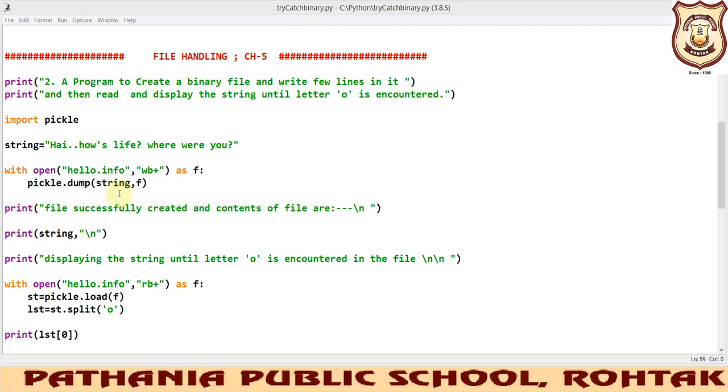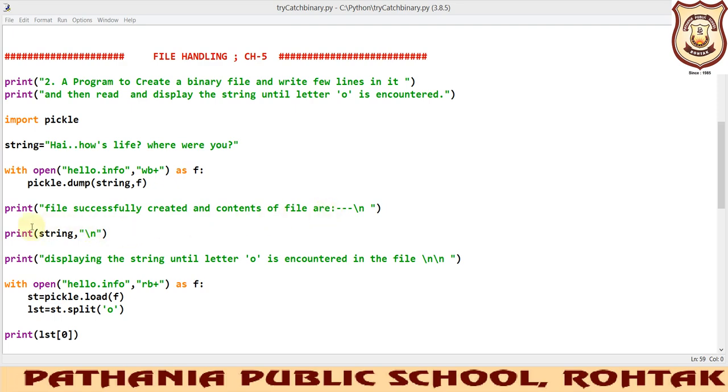Once the contents are successfully written into the binary file, the file will not be visible unless we open it from this file option. So just to make sure that the contents have been written, we are giving a print statement, because only if the previous statement gets executed successfully will it reach this print statement, and then it will print file successfully created, and the contents of the file are.